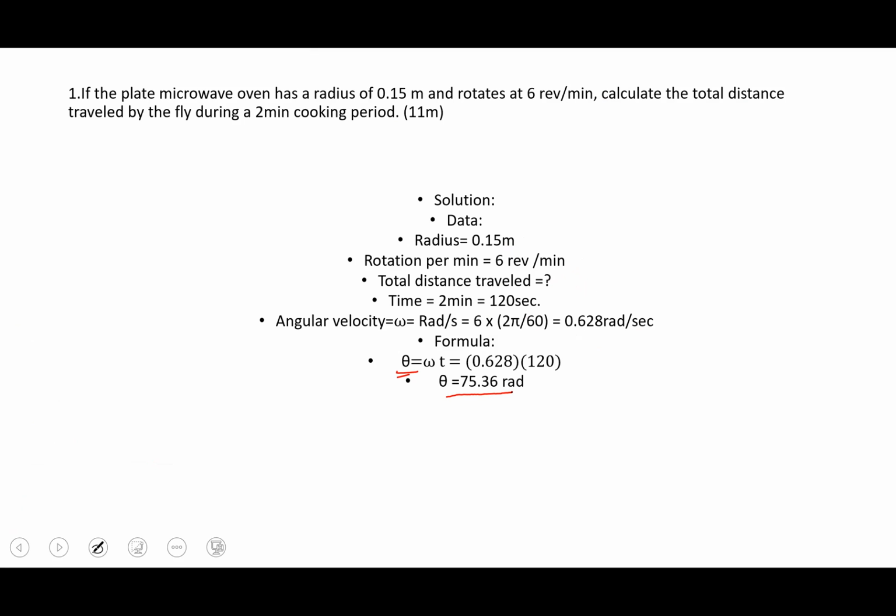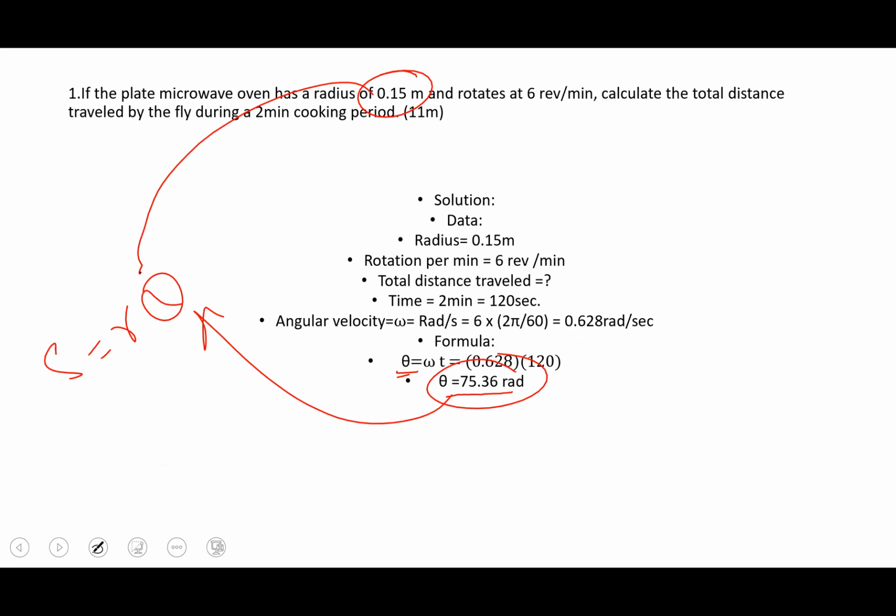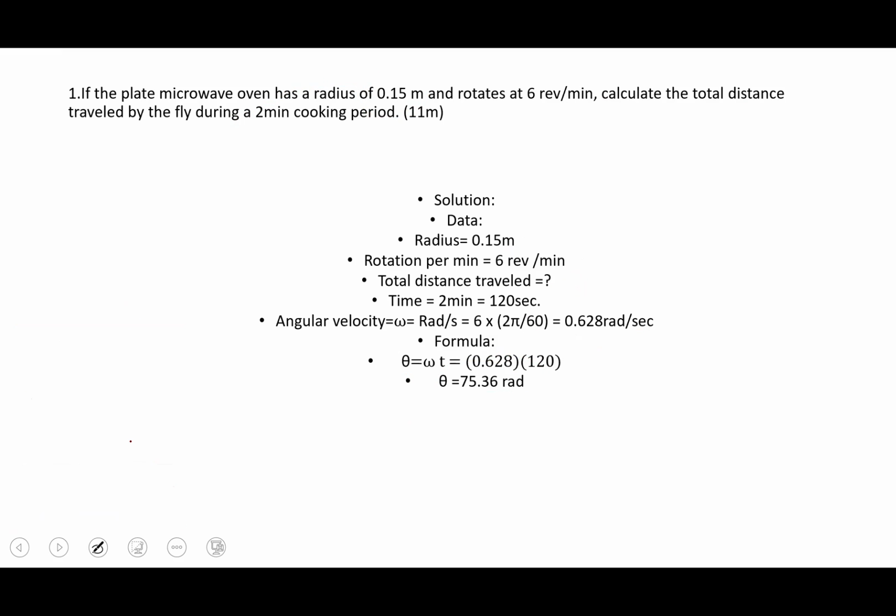Now, how can we find out the distance in this case? We have a formula S equals r theta. We have the value of r, and now we have the value of theta. We put in the values of both of these and we find out the value of S. As we know, S is equal to r theta. Putting in the value of r, which is 0.15, and the value of theta, which is 75.36 radian, we find the value of distance, which is 11.3 approximately, or 11 in this